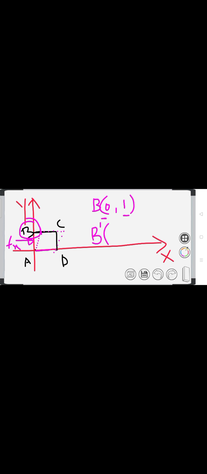Now if you observe this particular new point, this is the B dash point. If you observe it, the y coordinate has not changed. But what has changed? The x coordinate is shifted. So initially it is 0, 0, now it is 0.5 for the sake of understanding. So now the x coordinate got changed.